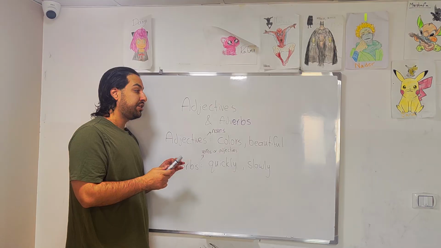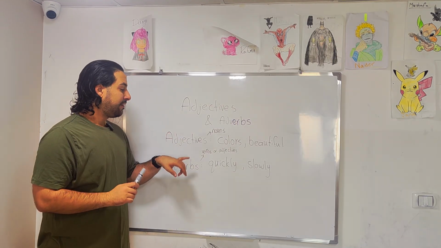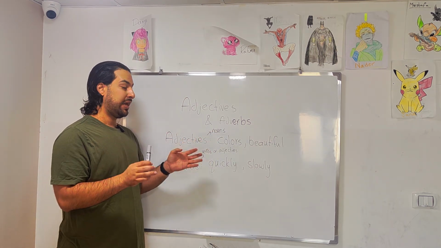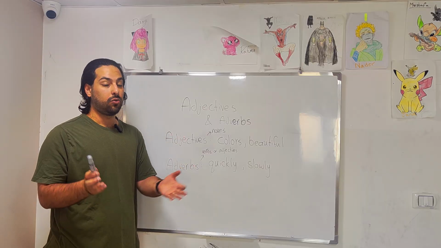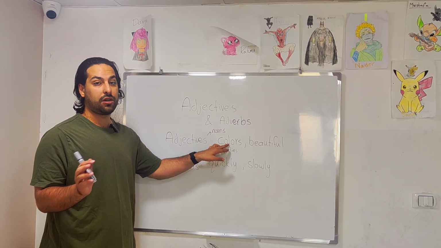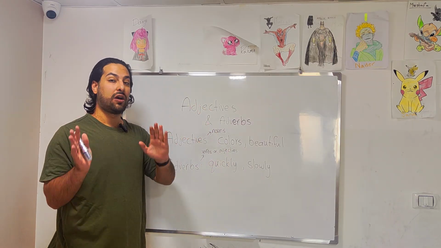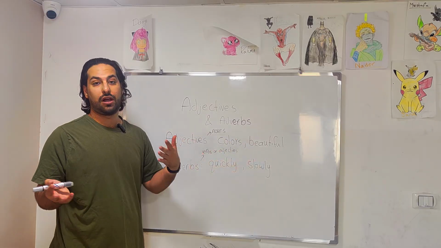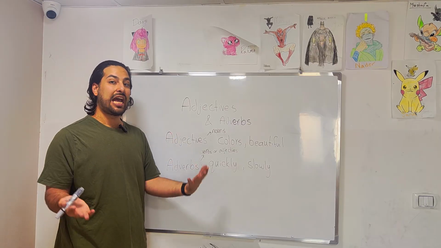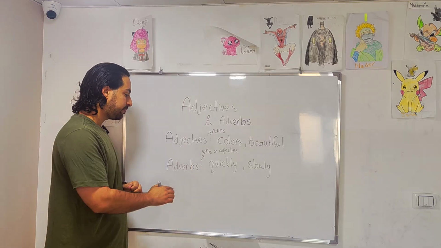Adjectives and adverbs are actually easier than the past two. Now, for adjectives, they're things used to describe nouns. So anything that describes a noun or a person or a thing is called an adjective, which includes all the colors, black, white, red, green, yellow. All of these are adjectives. Beautiful, ugly, fast, quick, slow. All of these are adjectives that describe a noun.